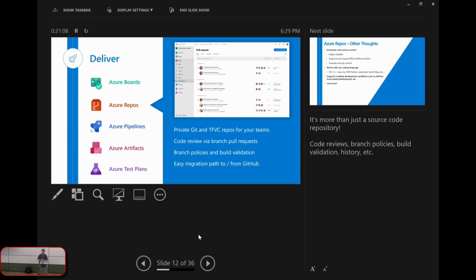So Azure Repos. Historically, prior to Azure DevOps, back when it was called Team Foundation Server, for many years, all it had was Team Foundation Version Control, or TFVC, which is a centralized version control system, which essentially means all your code lives on one server, and you have to check things out, check things back in, and typically when you check them out, it's locked, no one else can get to it, which has its pros, but it also has its cons.